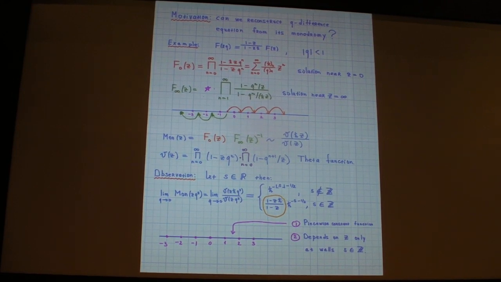So let's say, as an example, I have this difference equation, very simple. Then, what is the monodromy of this difference equation? Well, I can construct two types of solutions. One solution which will be analytic in the neighborhood of 0. So it's this one. You can represent it as an infinite product but by using the Q binomial theorem, you can